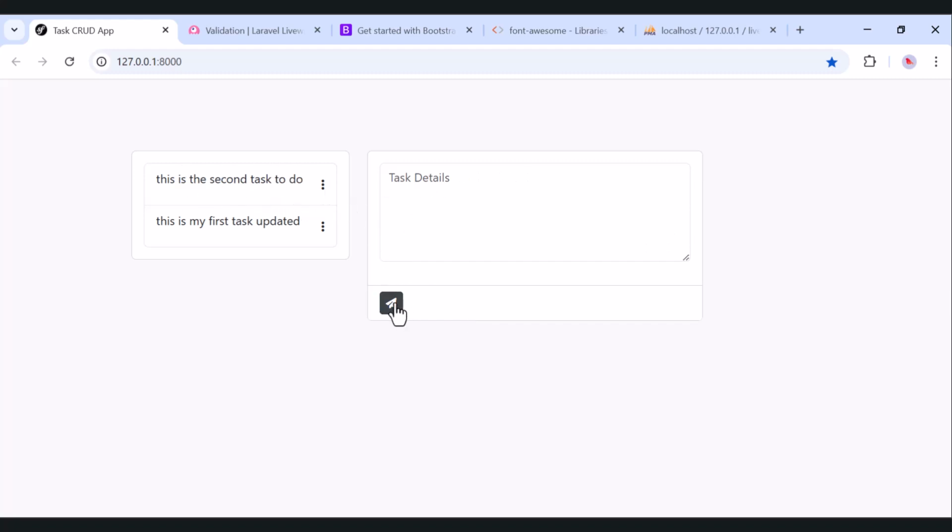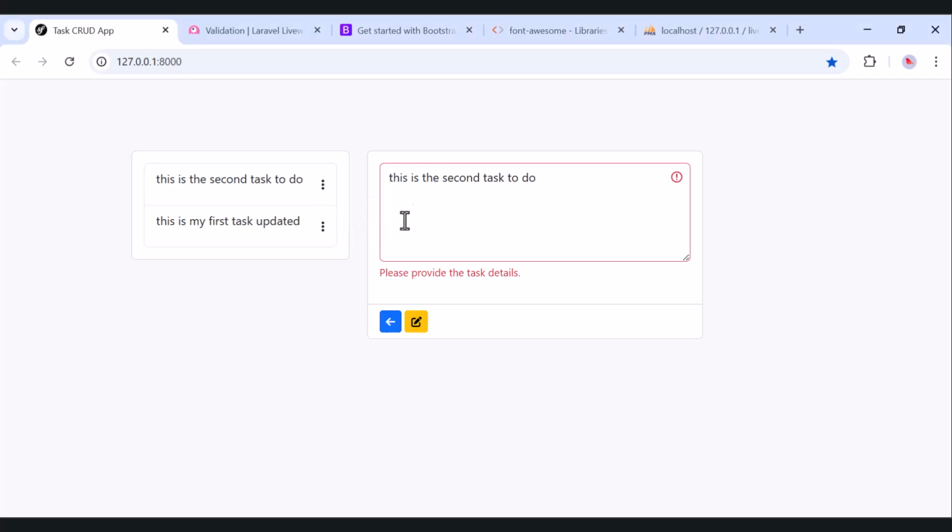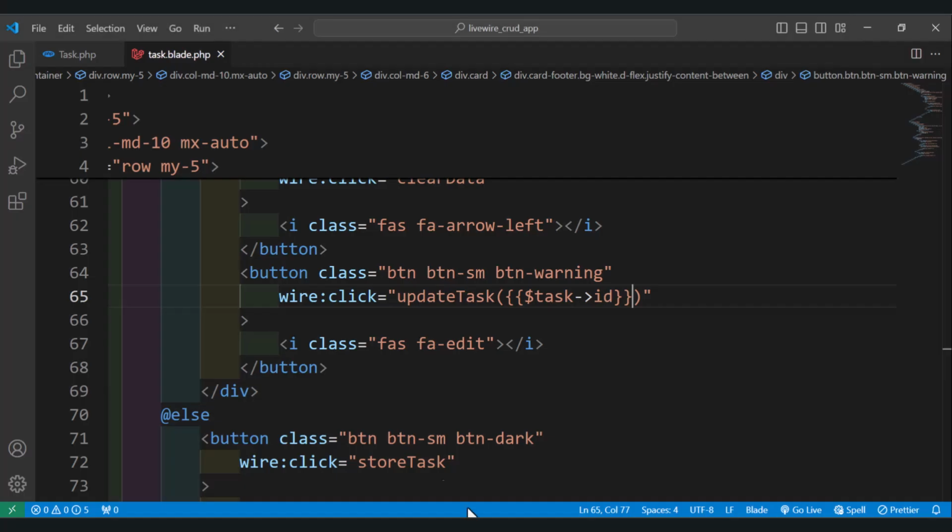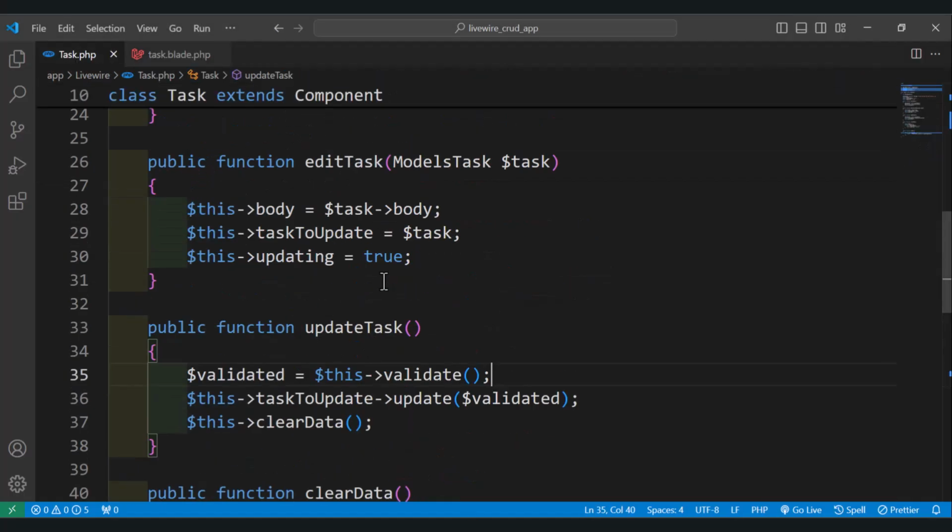So let's do something. Let's send an empty string, and let's try to edit this task. And once we cancel, as you can see, we still have the validation error, and if we cancel, we need to remove the validation error. And also when we click on the edit, as you can see, we don't need to have the validation error here. Okay, so to do that, let's move to the task class, and here once we click on edit,